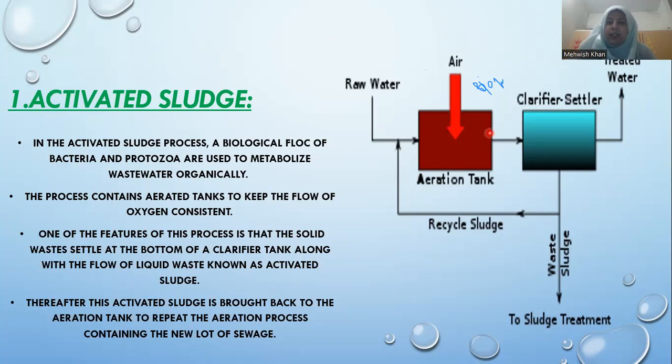So the point is that in this aeration tank you will have raw water. Raw water is the water that is to be treated. You have air, and you have the microorganisms, which are considered as biomass. The air is added and there will be continuous mixing of these three components together so that